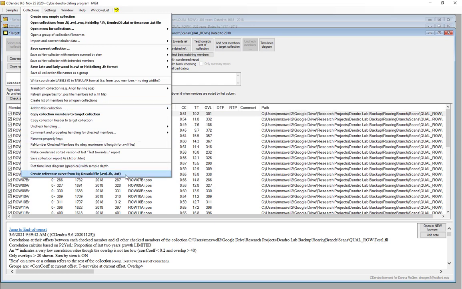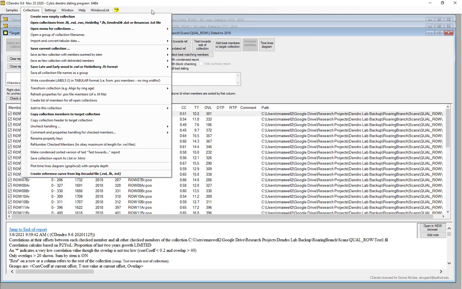One other thing I will show you, let's say you have a chronology from a nearby site. Maybe I have a White Oak site from West Virginia, and I want to use it as a bit of a crutch to help me out and begin dating this. I can create a reference curve from a decadal file format, whether it's .rwl, .txt, or so forth. And so you can then create a master or reference chronology from an existing site to help you date your cores either in CDendro or as you're measuring them in Coo Recorder.